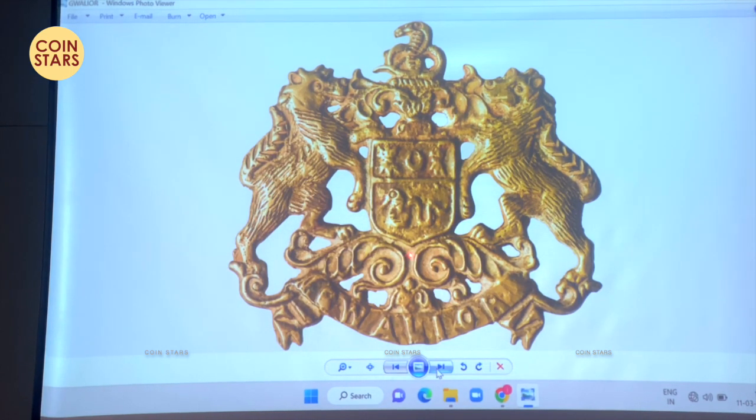Next. This is Gwalior. 2 tigers holding the shield and cobra on the top. You will find cobra on all Gwalior monograms and also on coins. There is a story behind this, that the first person who established this Gwalior state was a small kid